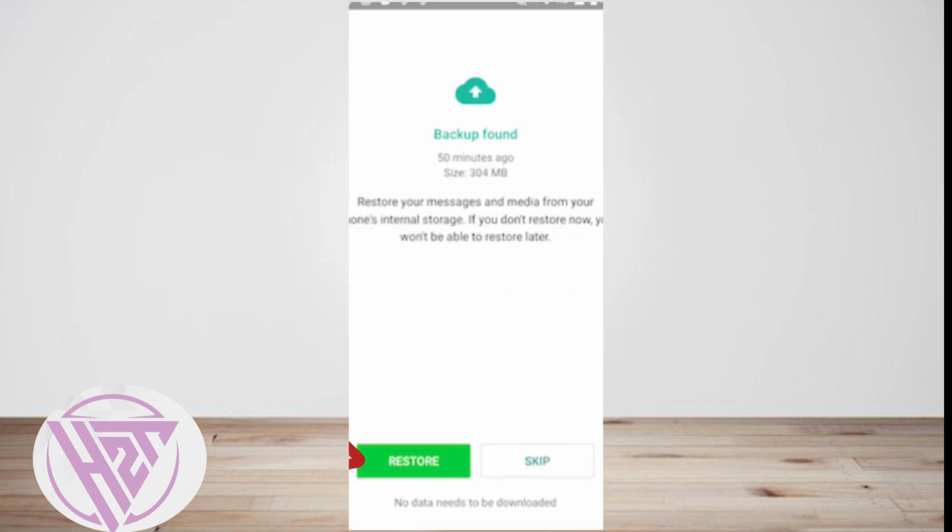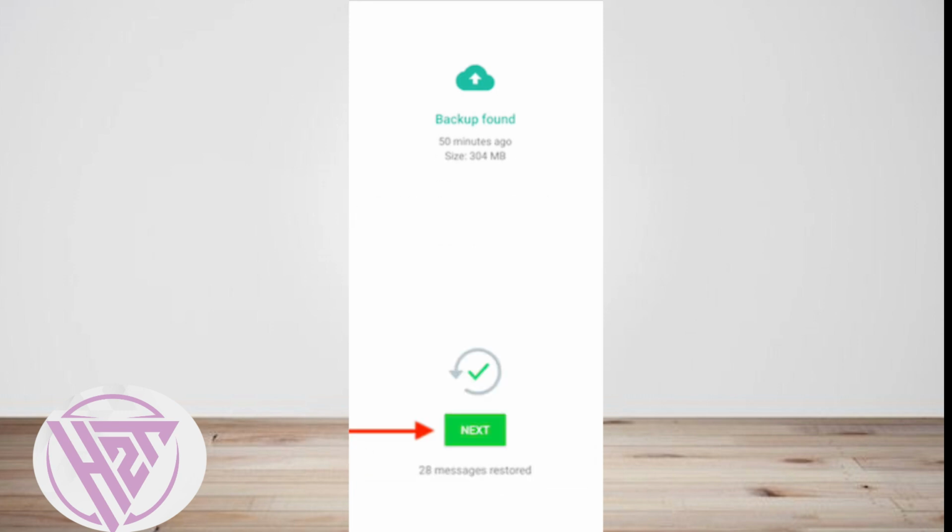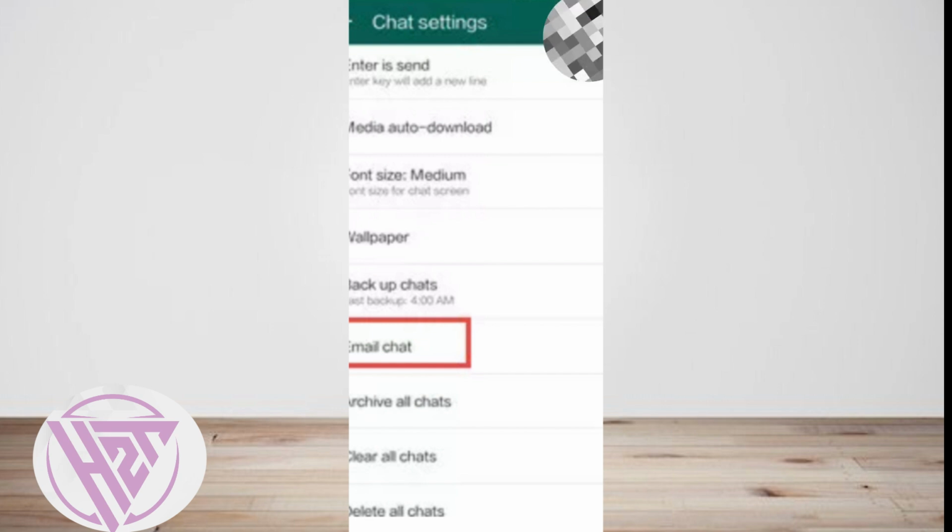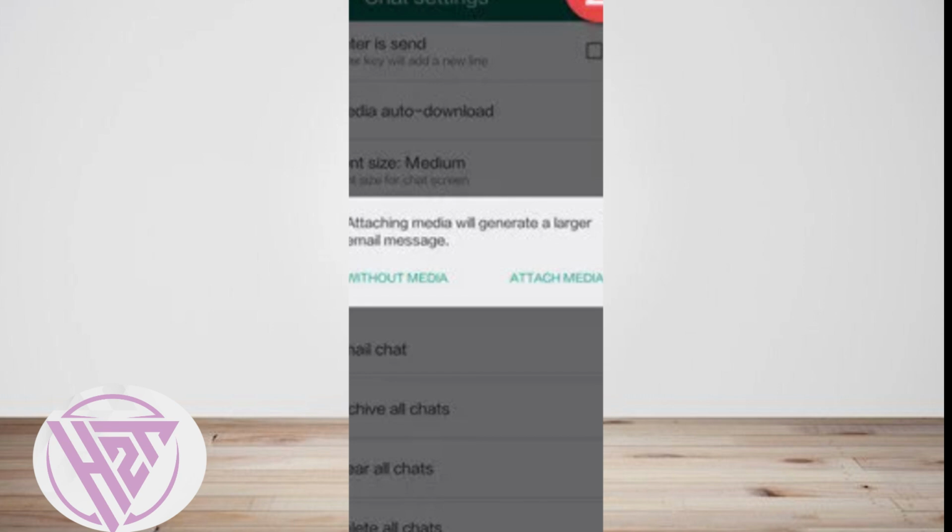Tap Restore and wait for the restoration process to complete. When it's done, tap Next. Once the initialization is complete, you'll see all your WhatsApp backup, including messages and media files, being downloaded and restored. If you want to download the WhatsApp backup from Google Drive and save it as a file, head to WhatsApp